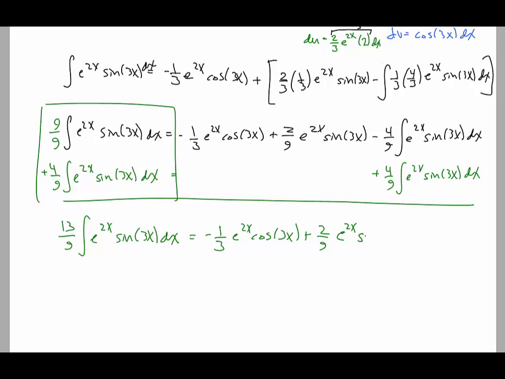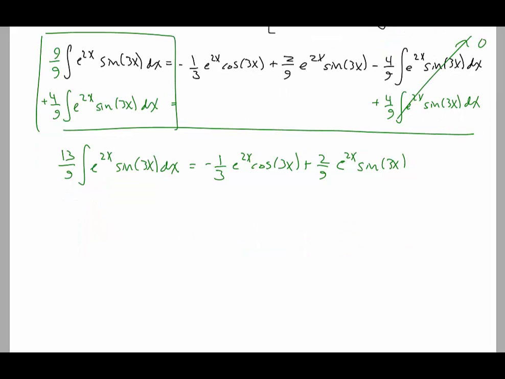Now one thing that is missing is this 4/9 because we added it across, so this piece went to 0. Okay, so we're almost done. We want to solve for the integral, and so what's in the way is this 13/9. So I'm going to multiply both sides through by 9/13. And of course, algebraically, we know whatever you do to one side, you have to do to the other. So these cancel, and I'm left with the integral of e to the 2x sine of 3x dx is equal